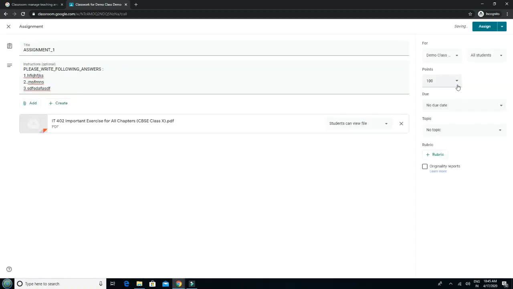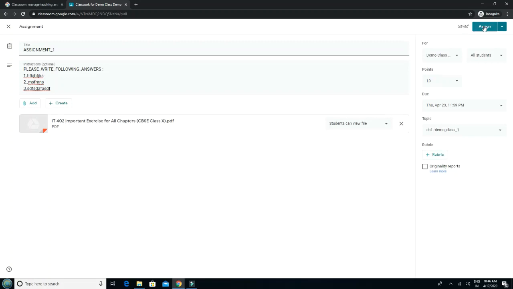Now see here, if you want to add points, you can, like it is of 10 points, means 10 marks, or ungraded if you want. If you want to set your due date, means after this date and time students will not be able to attend this assignment, you can assign your due date also, like 23rd. Time is optional. This is my due date. After this time no one will be attending this assignment. So again, topic is very important. So it is of chapter number 1. You can add rubrics also, and I will assign this.